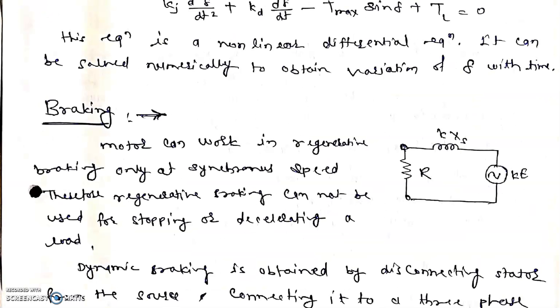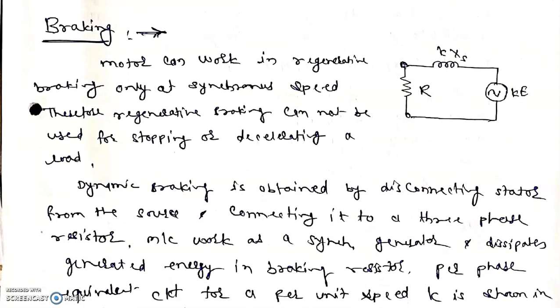Now the next topic is the braking of the synchronous motor. As we know, a synchronous motor runs at synchronous speed, meaning the stator field speed and rotor field speed are the same. Any change in either speed will make it lose synchronism. So the motor can work in regenerative braking only at synchronous speed. Therefore, regenerative braking cannot be used for stopping or decelerating a load,